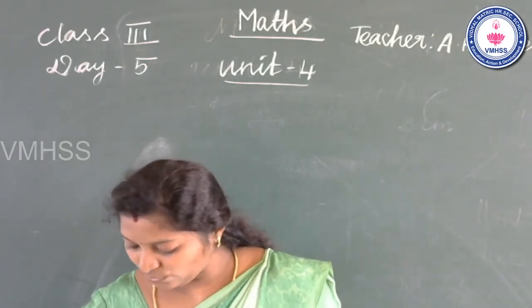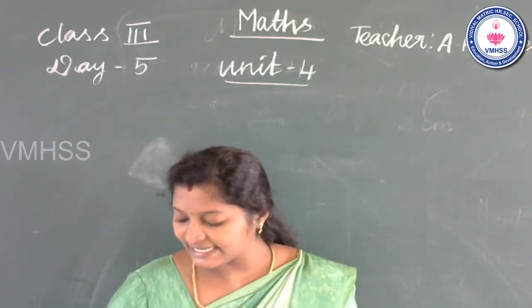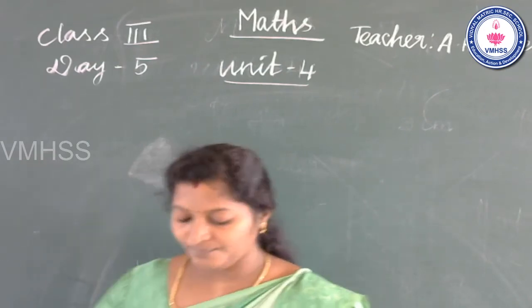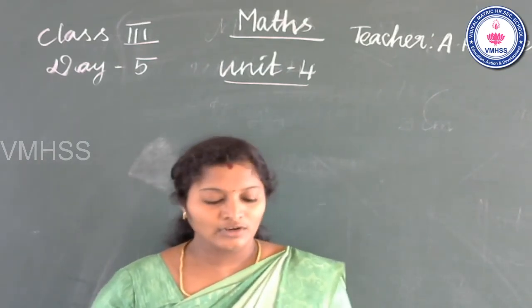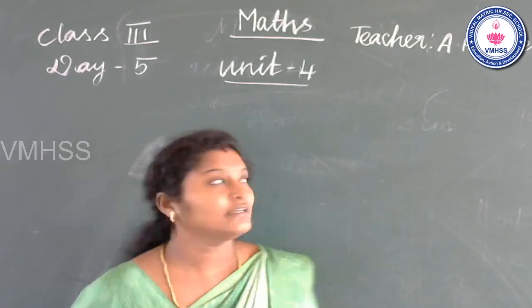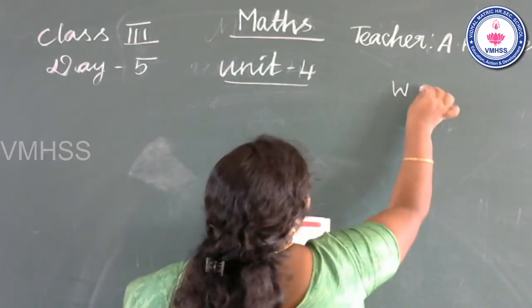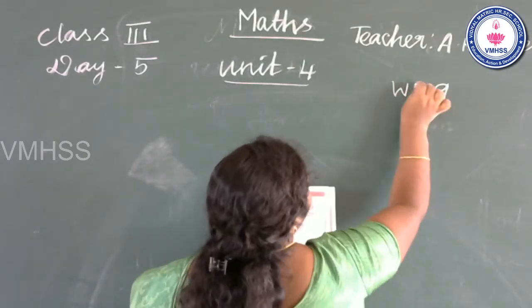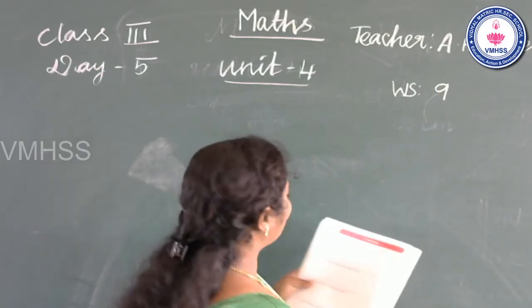Okay, so draw a square of 3 centimeter. What is the first sum? Solve the following. Okay, worksheet number 9. This is worksheet number 9. So first question,